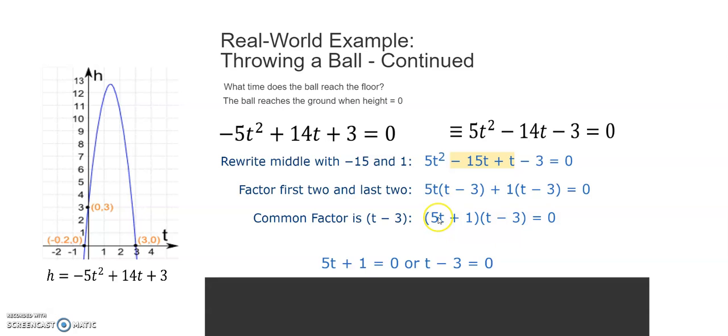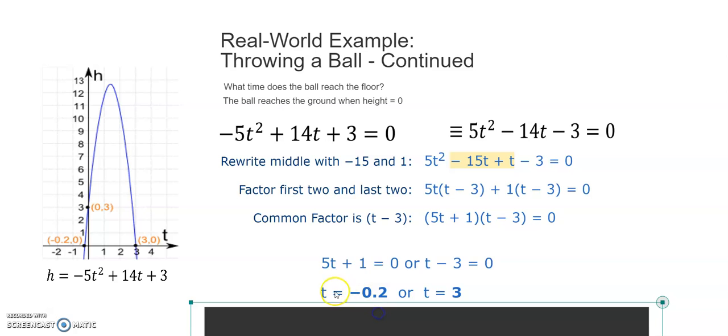Now, the first one is 5t plus 1 equaling 0, and the second is t minus 3 equaling 0. If we do a bit of equation rearranging, we find out that t is equal to minus 0.2, as we take over the 1, which gives us 5t is minus 1, and minus 1 divided by 5 gives t equals minus 1 over 5, which is also minus 0.2. Or t minus 3 equals 0, which is a little bit easier, because we just take the minus 3 over, and